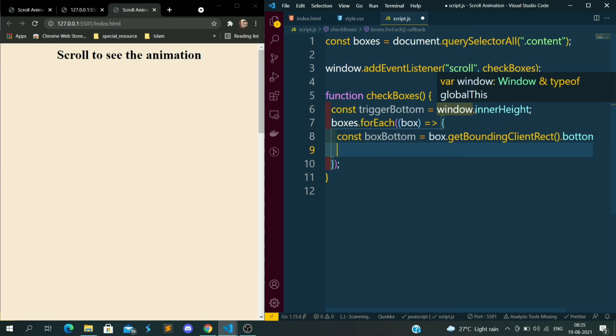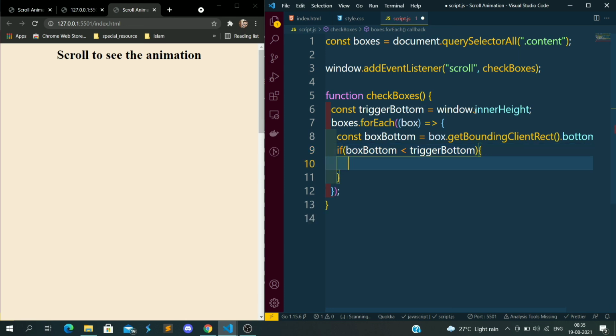So let's say if box bottom is less than the window height, which is triggerBottom, then I want to add a class. How will I add this class? box.classList.add. I will add a class show.